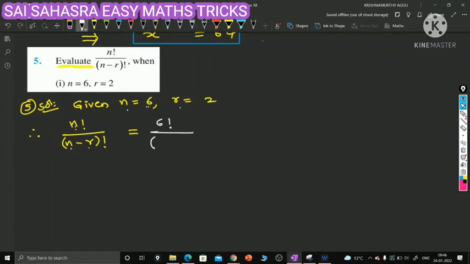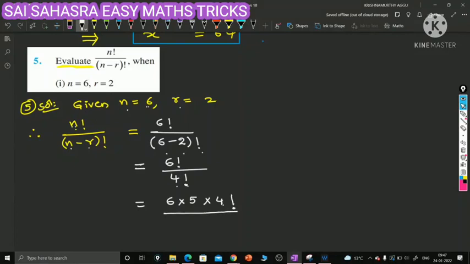N minus r, 4 factorial. So don't write directly 6 minus 2 factorial. 6 factorial can be written as... 6 minus 2 factorial means write it as 4 factorial, since 6 minus 2 means 4. So in the denominator 4 factorial is there, no? You write this 6 up to 4 factorial, means 6 into 5 into 4, you stop up to 4 only, if you are not continuing up to 1 means you end up with this